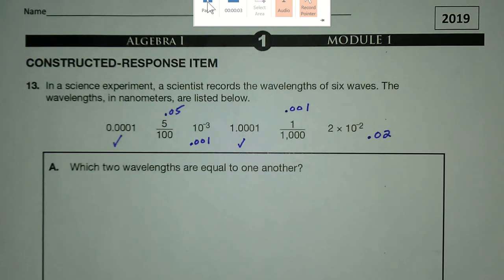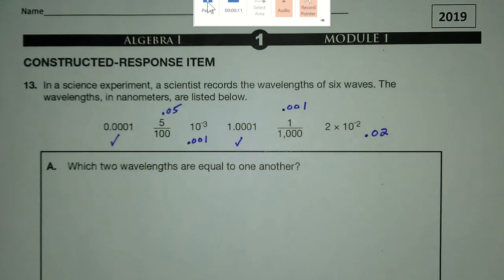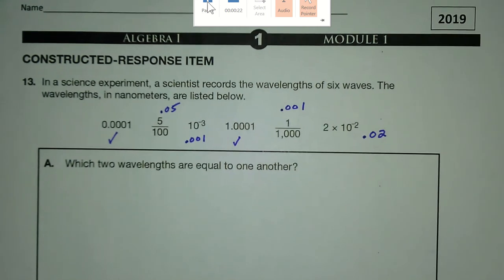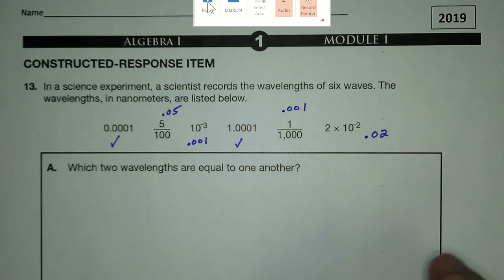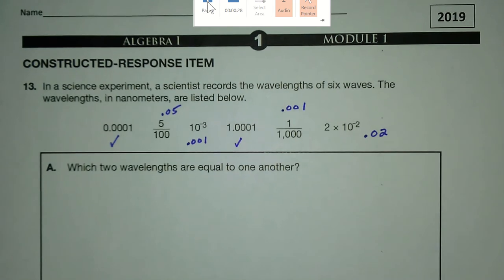Again, this is obviously one of the constructed responses released in 2019 for practice. This one is about the wavelengths, and it concerns various topics. And before I start going through this, just remember that ideally you should be trying these first on your own